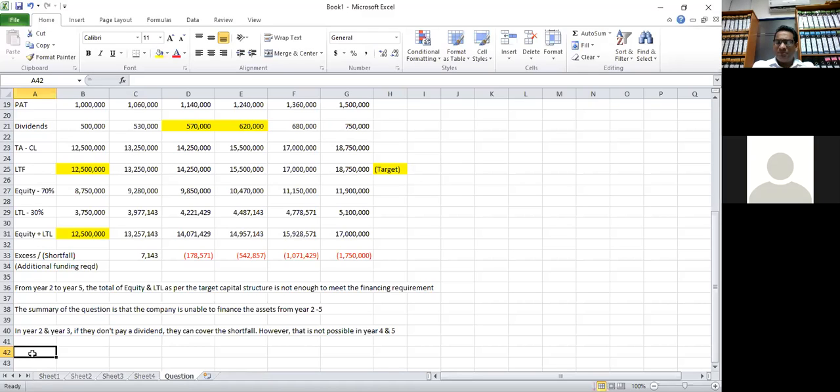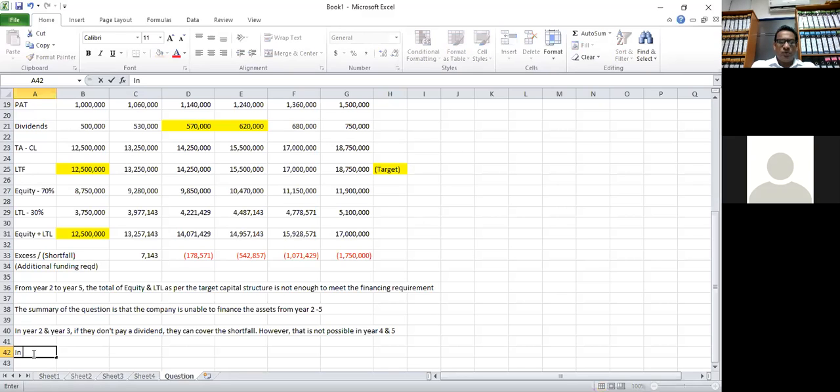So they can go for debt capital, but then they increase the financial risk of the company. They increase the leverage. They increase the bankruptcy cost. And also they increase the risk to equity holders. The cost of equity will also increase because of that. And if they go for more equity capital, then what will happen? Their cost will be more because compared to debt, equity is more expensive. So in year 4 and year 5, they're going to face a problem if they want to maintain this assumption.